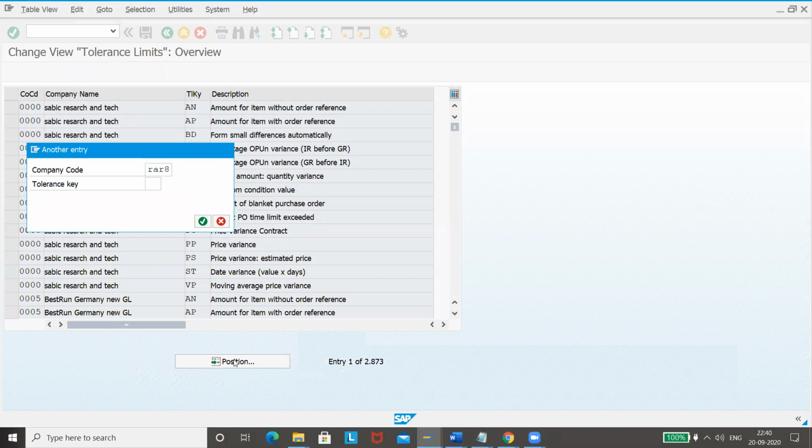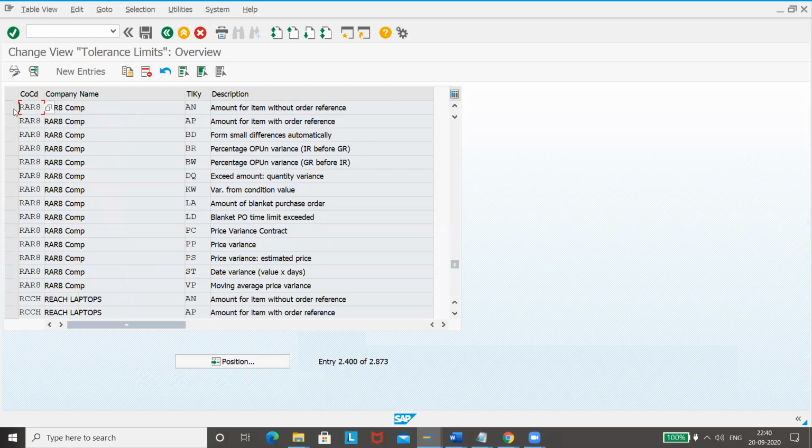RA/RH. Yeah, this is what I had taken initially. If you don't have your company code, you can copy from any other company code, it doesn't matter. You'll just have to maintain the VP settings. After selecting all of them, you see there are so many tolerance keys.